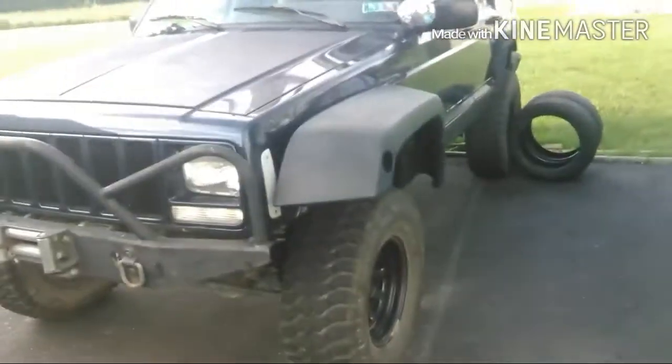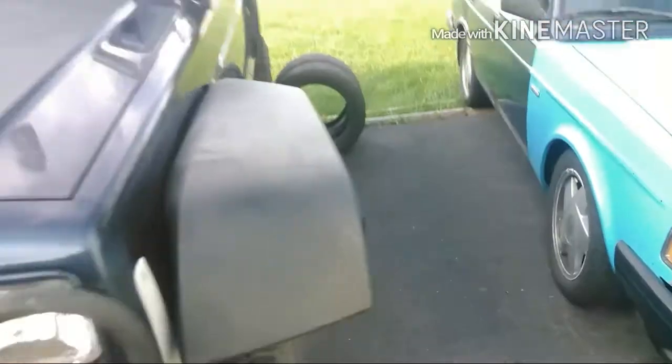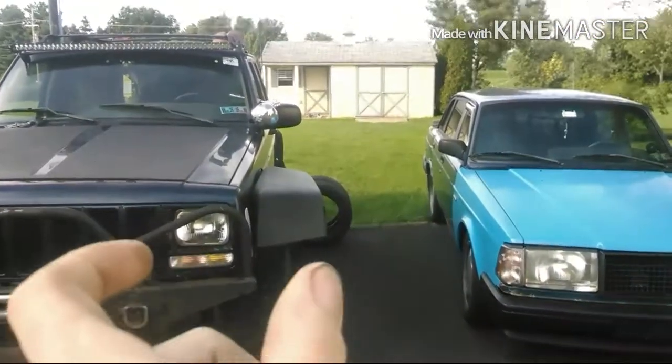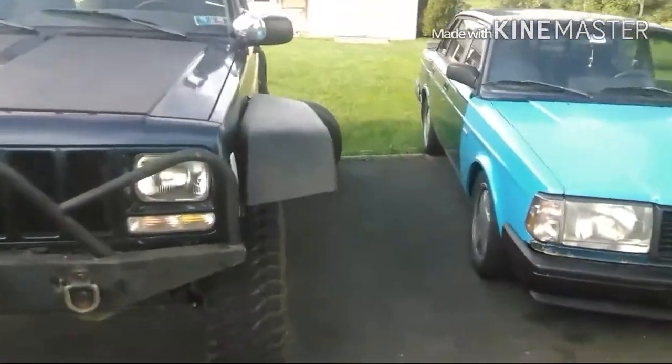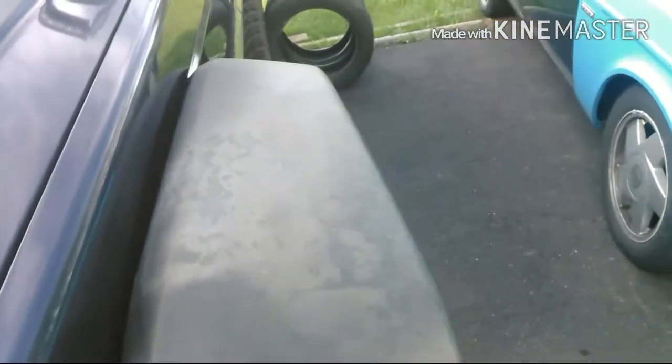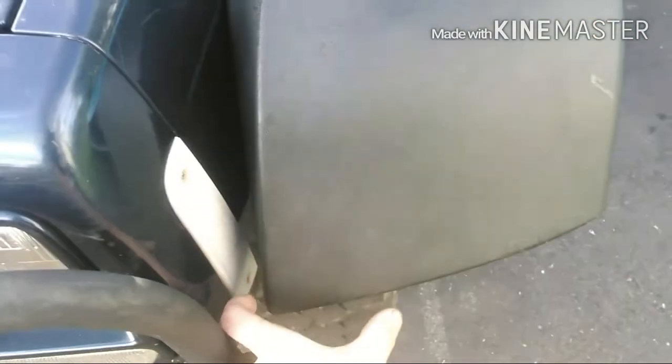So what you do is you basically take the other one. Here's the stock one, which shows you how ridiculously huge they are at factory. And you look down the front and you see, okay, the front's real wide and the back's narrow, so I'm going to need to take more out of the front than the back. So basically how I did it is I started and cut here on this line. Then I measured a little to see how much the difference is and cut almost like triangles, more out of the front and then slowly tapered to the back,